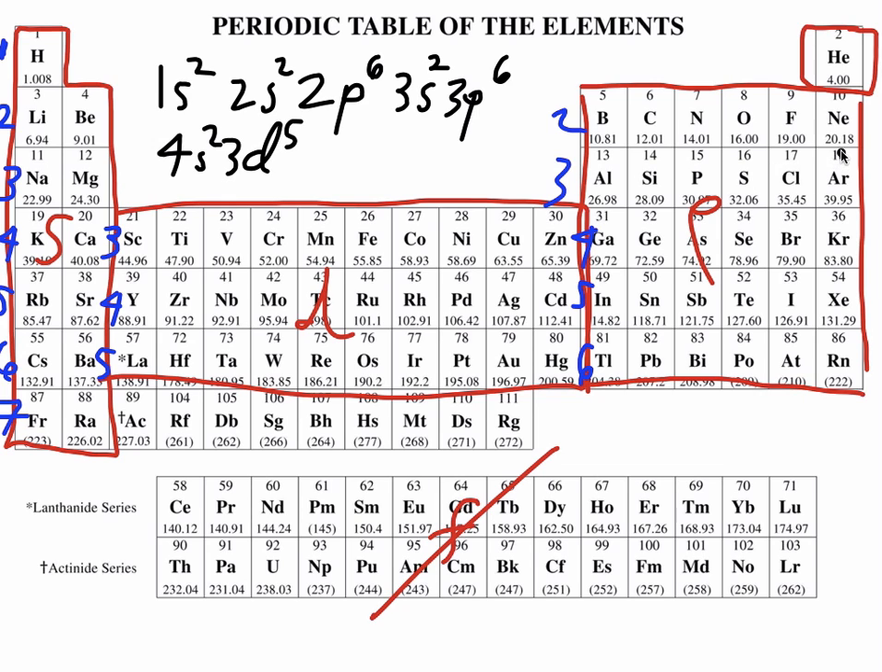Sometimes there's a shortcut where you just start at the most nearest noble gas. So we could say argon, because this is essentially the electron configuration for argon, 4s2,